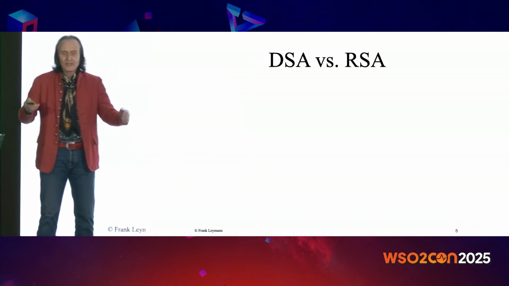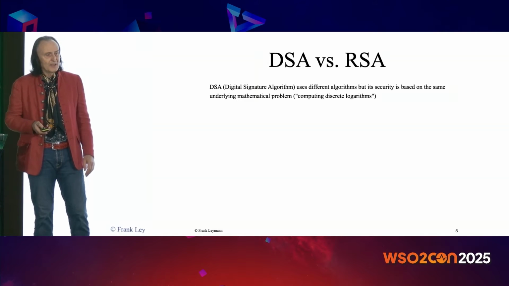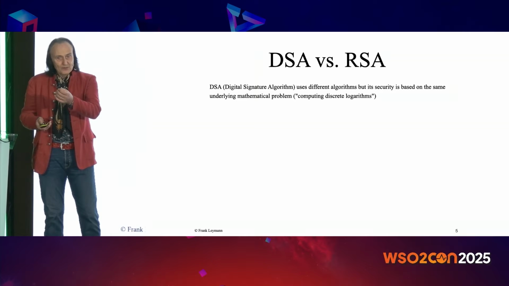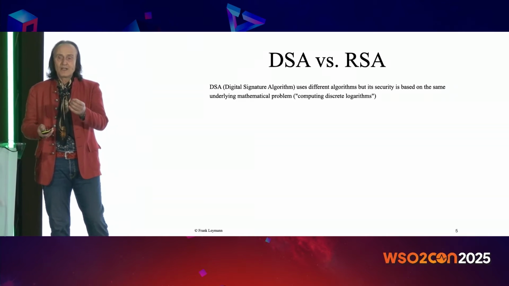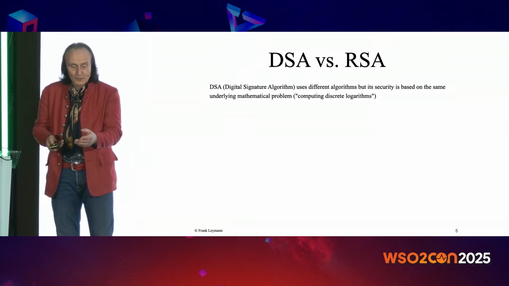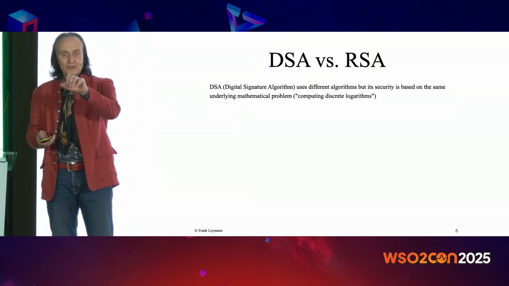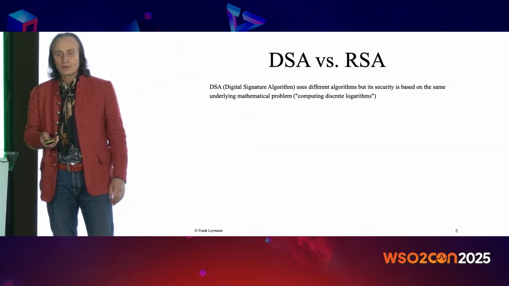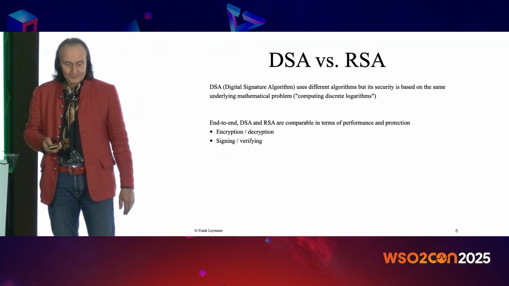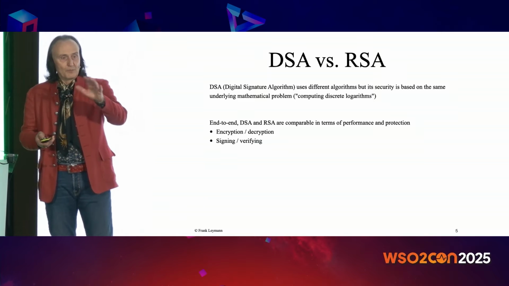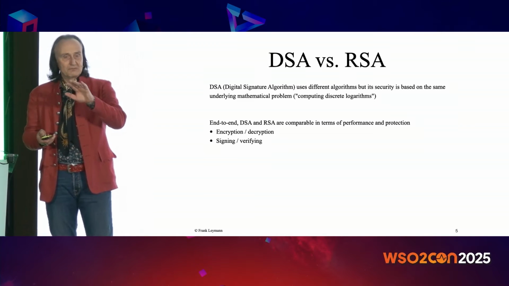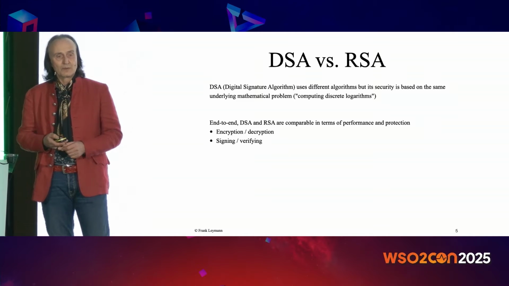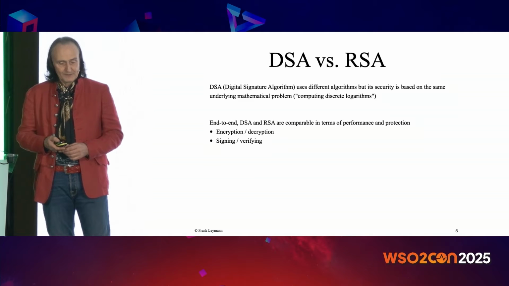And there's also DSA, you heard that very briefly. DSA is a digital signature algorithm. It uses a different algorithm, but mathematically DSA is based on the very same problem, namely computing what are called discrete logarithms. So factoring a number into prime factors is also something that relates to discrete logarithms, and DSA does the very same. If you want to compare DSA and RSA, they are doing similar things, but RSA, as you know, is more used in asymmetric encryption and decryption, and DSA is a signature standard.